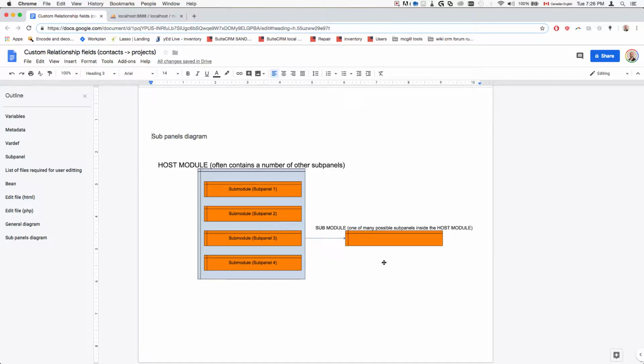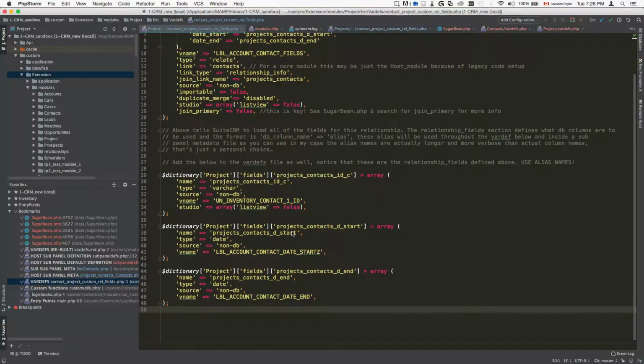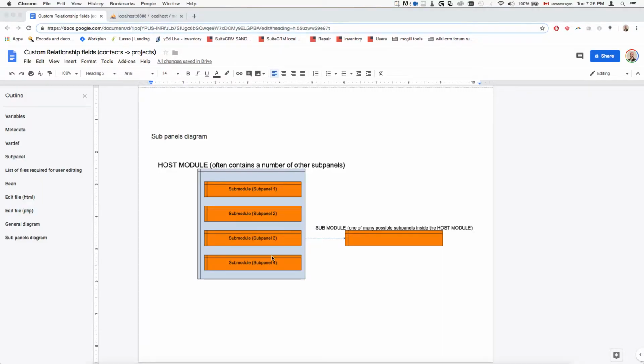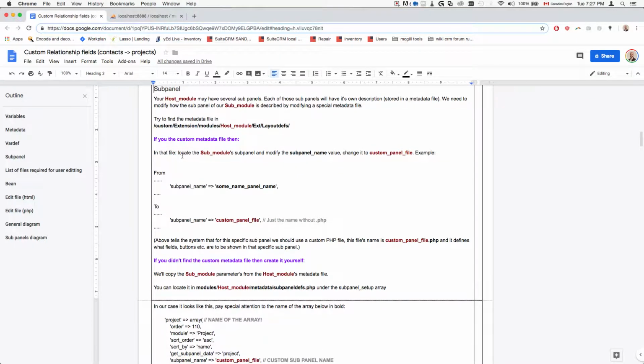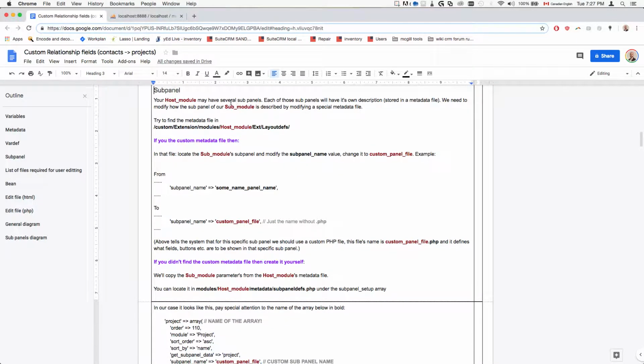So it may be a bit confusing, but it's actually pretty straightforward. So let's take a look at it right now. And good thing we have this tutorial, right? So you don't have to spend your time doing all this research. So what we'll do is we'll go first to your host module, which has several subpanels, and we're going to try and find